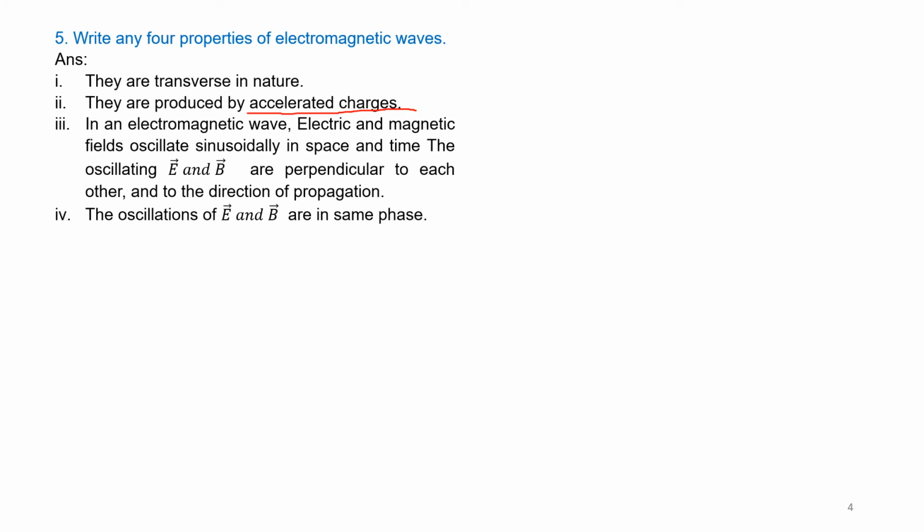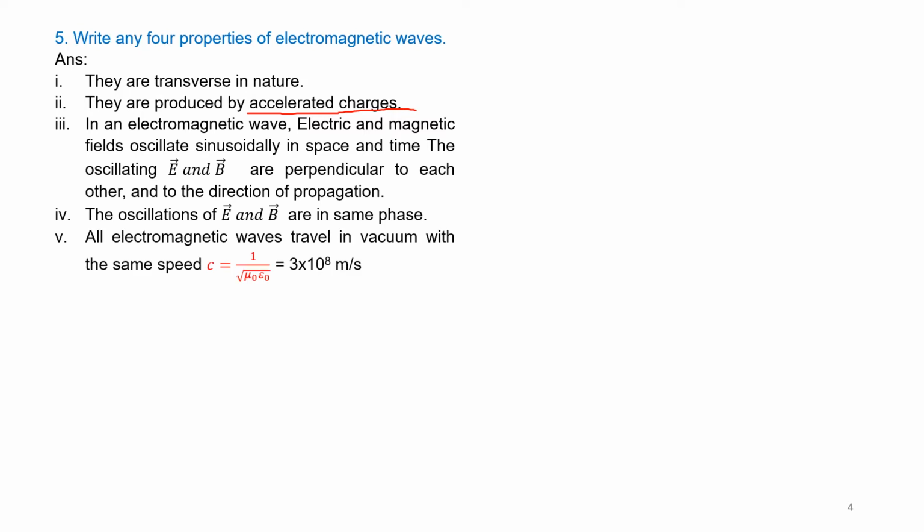The oscillations of vector E and B are in the same phase. Property number 5. All electromagnetic waves travel in vacuum with the same speed. This is very important. All electromagnetic waves travel in vacuum with the same speed c,